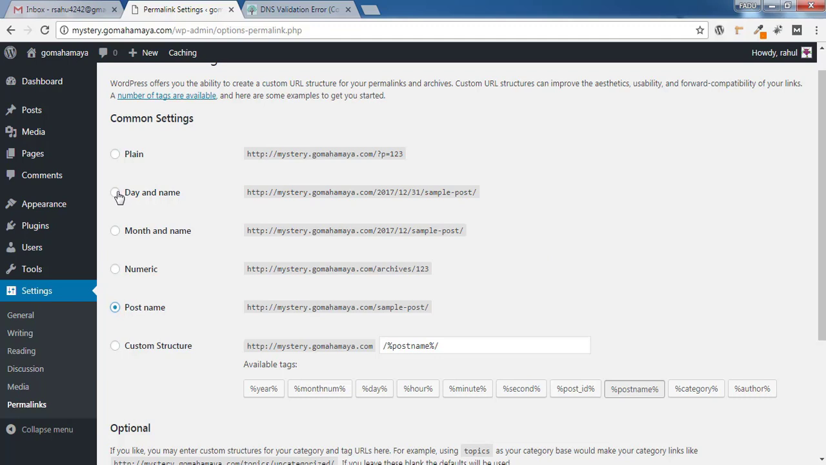This will help you based on the date also. Even you can go for custom structure. You click here and choose any of the options, and that will be getting added. After that, the post name will be taken here, and after that the month will be taken here, and the date will be coming here. You can rearrange it however you want, but for my website I'll be choosing date